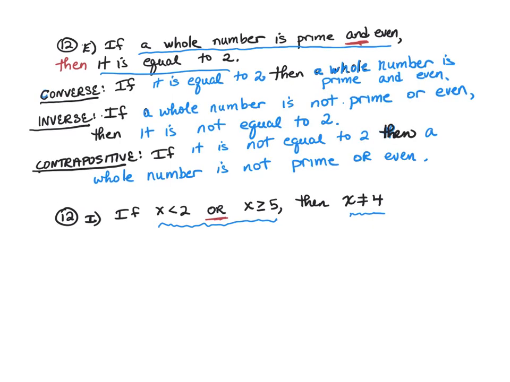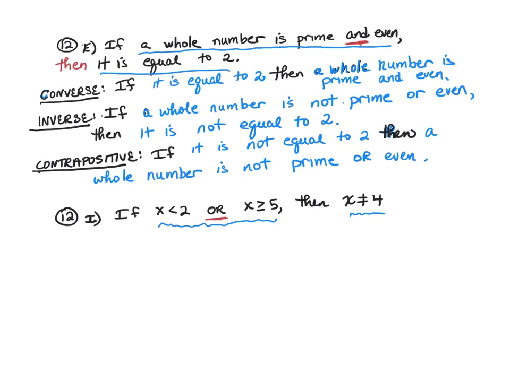Okay, let's check 12e. So the converse would be if it is equal to 2, then a whole number is prime and even. Well, we could make that flow a little nicer and say if the number is equal to 2, then it is a whole number which is prime and even. But I think this is fine. The inverse would be if a whole number is not prime or even. Note that,